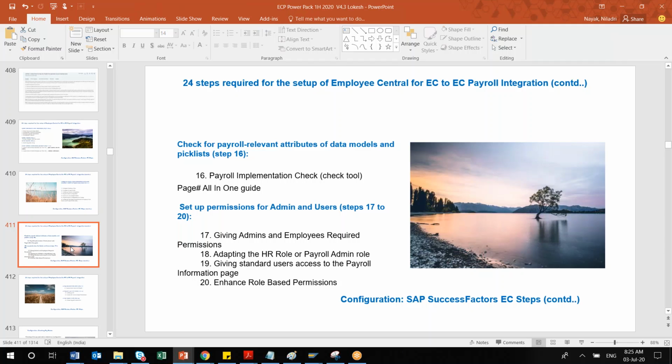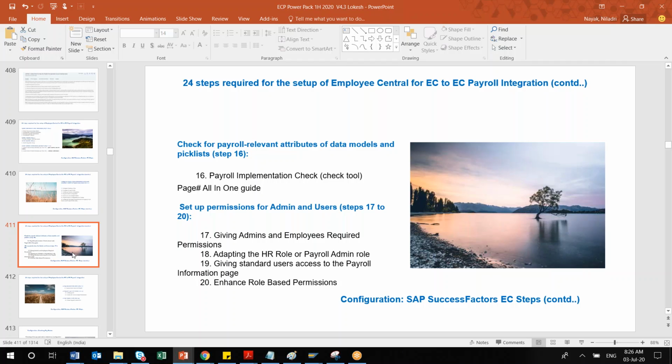Yes, put that note or a comment that this step in the job aid is obsolete now, however, follow this from the Learning Hub or elsewhere. That will be good. Sure. Actually, this activity I have done for the EC payroll side, but for the EC side